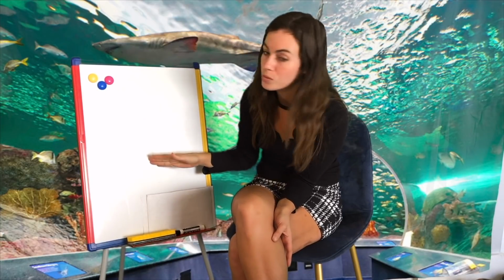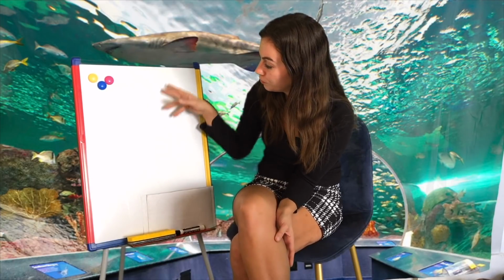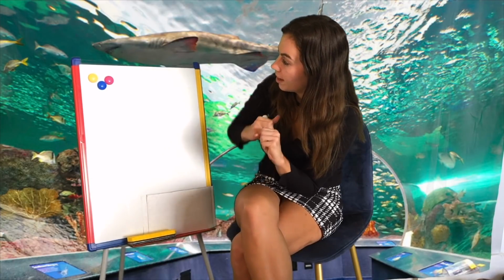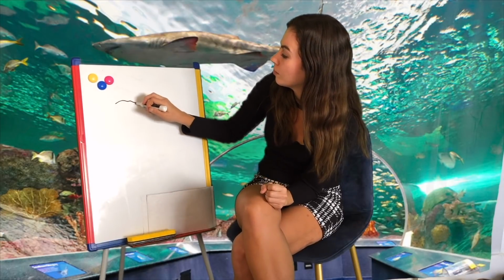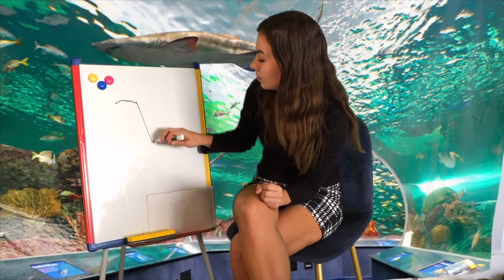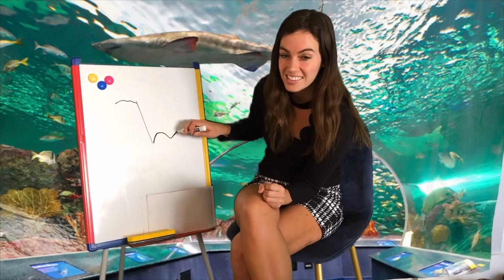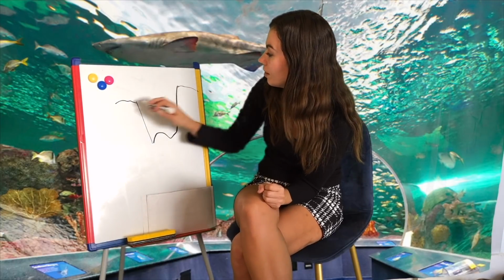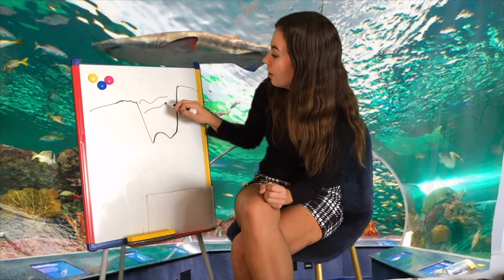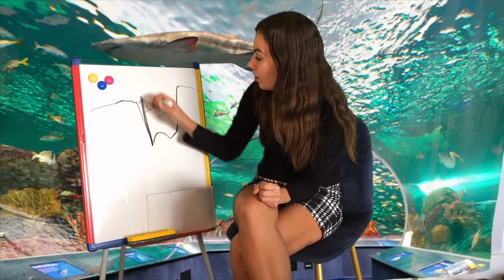So another thing that you may have heard of are trenches. So trenches are kind of that deep slope as well in the ocean. So you've got the floor and then you have the water. So if we were to draw that, it might look something like this, and come back up and you have the land. So here's the water, and then here's the land. Trenches are kind of just this area that goes down.